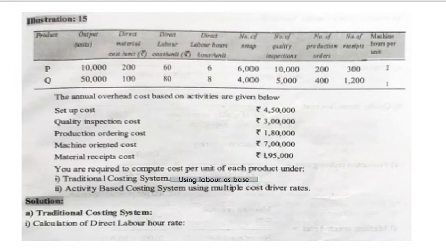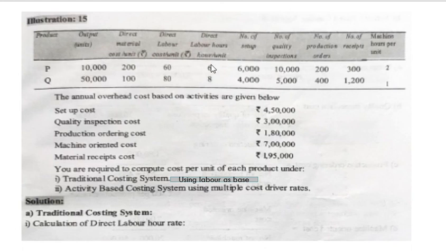So in the question they have given us direct labor hours per unit, and the direct labor cost is also given. Direct labor hours is given for 1 unit, as well as direct labor cost for 1 unit. Now as this is direct labor hours per unit, how many units is P producing? 10,000 units. So 10,000 units into 6 will give you 60,000 labor hours for P.